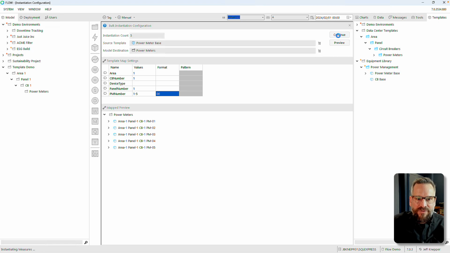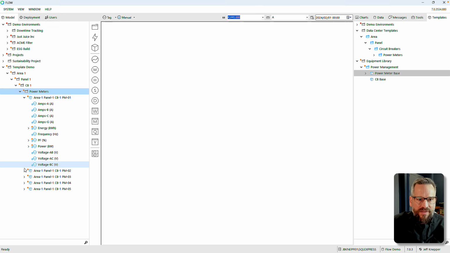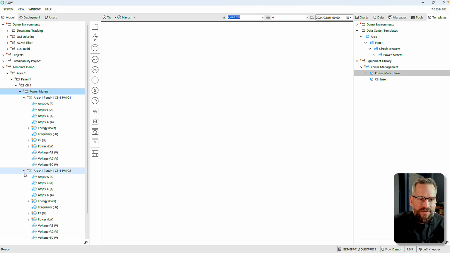The area number, the circuit breaker number, the panel number are all 1, and I want 1, 2, 3, 4, 5 PM numbers with a double-digit format. And so now that it's been deployed, what we have are 5 unique metrics, each for a number 1, a number 2, a number 3, a number 4, and a number 5